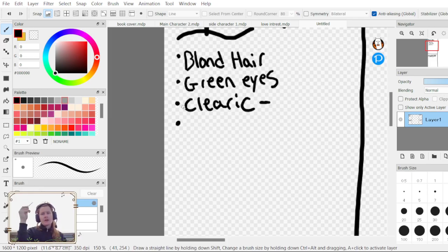Let's see, we've got 2 humans in the party, so maybe we could have her be a non-human. What are some of the more common races? Let's see, we've got dwarf, gnome.